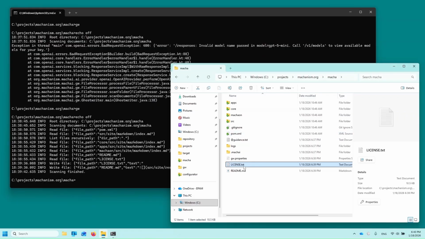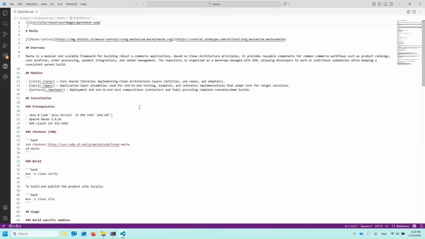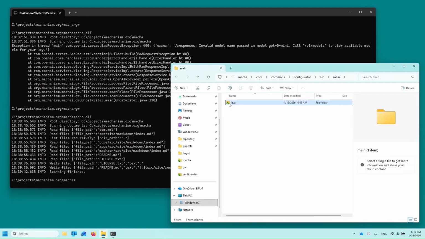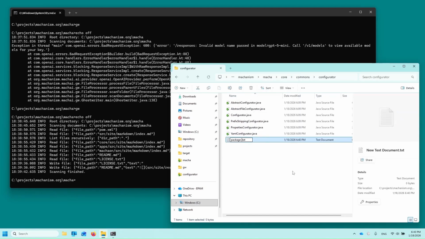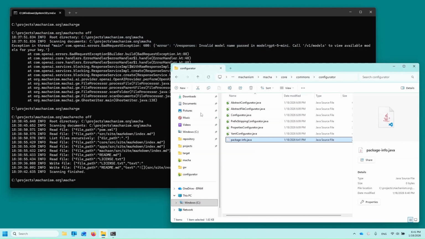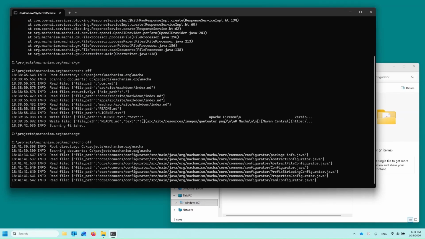The README and license files have been generated automatically by Machai Ghostwriter. Let's take the next step in automating our documentation. We'll add a packageinfo.java file to one of our library modules and include a @guidance annotation to instruct Machai Ghostwriter to generate comprehensive Javadoc. With our new guidance added to packageinfo.java, let's run the Ghostwriter CLI again to generate Javadoc for